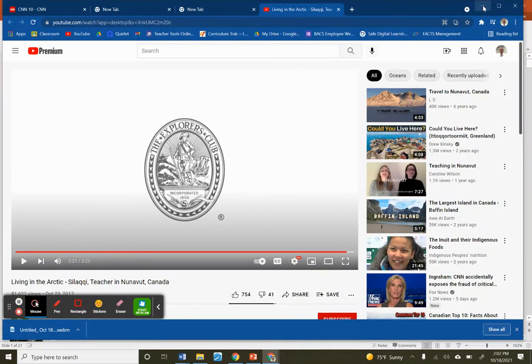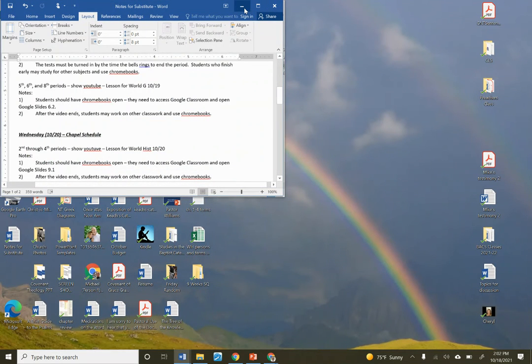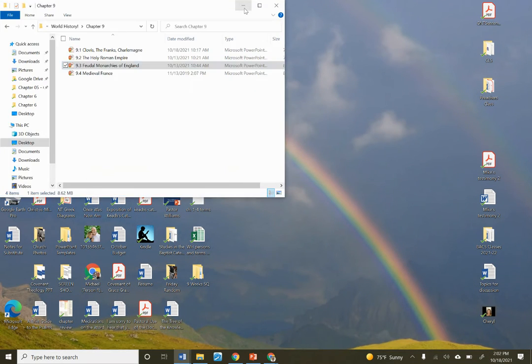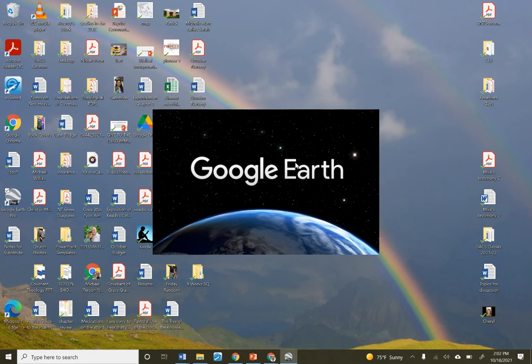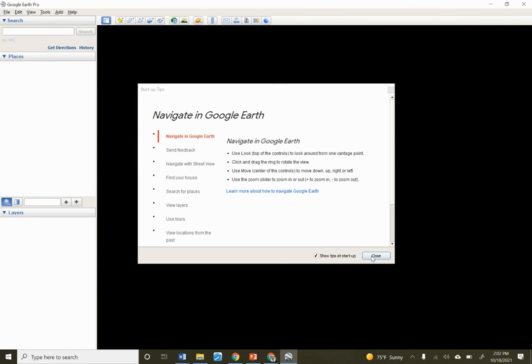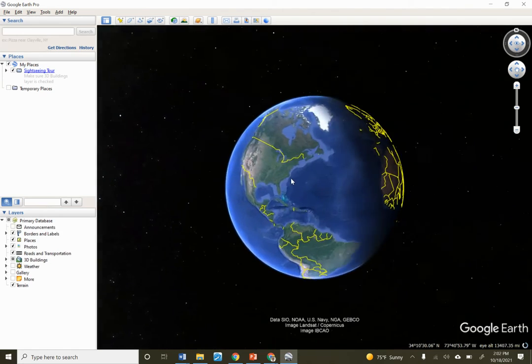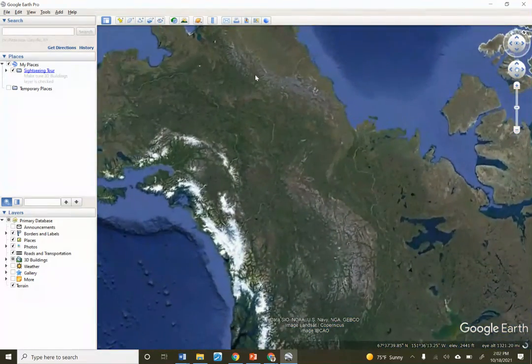Now, I know this unit's been about Canada, but I wanted to show you something. Thought you might find this interesting. Since we're talking about places in the extreme north, I want to show you a place in Alaska, a couple of places actually. We got enough time to do this. So let me pull this up here. This is Google Earth. So we want to zoom in up here first.